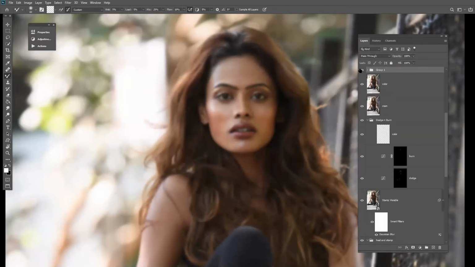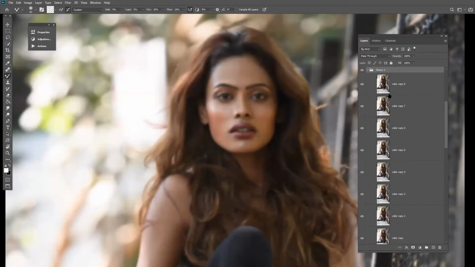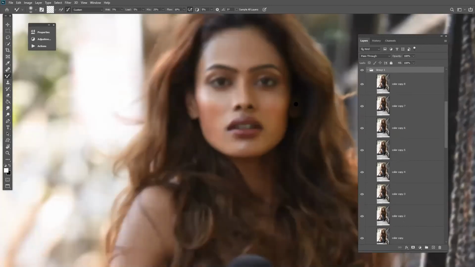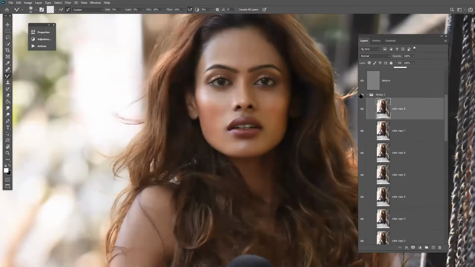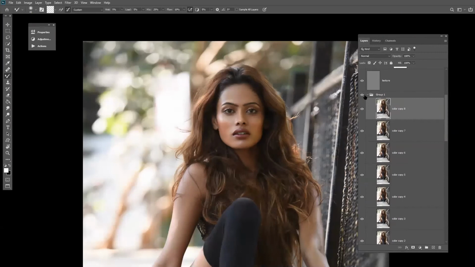Can you see the differences a little? There is one filter which I did on the nose area. Let me cover it up a little. So now you can see the differences.